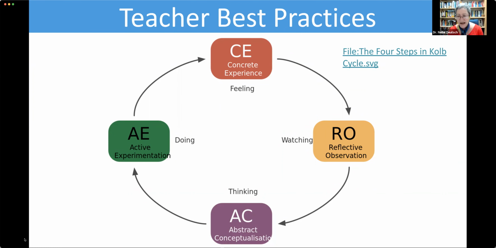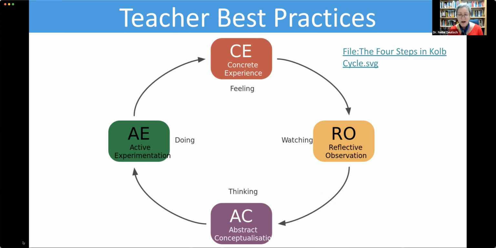But teacher best practices is actually trying things out. Believing whatever belief system you have. And I think most teachers have these belief systems, and trying them out to see if they work, not just doing what your teachers did with you, what you're used to, trying things out to see if they work with the students or not. And I think that COVID did give a lot of teachers a chance to test out and see what works best for you, because these are important elements when we talk about the experience of learning.